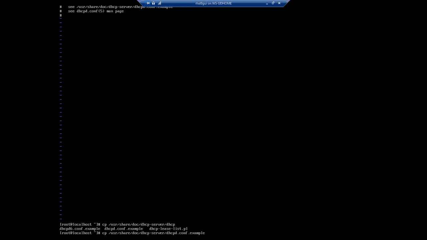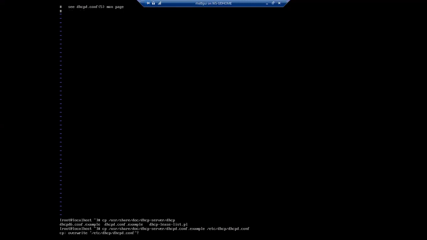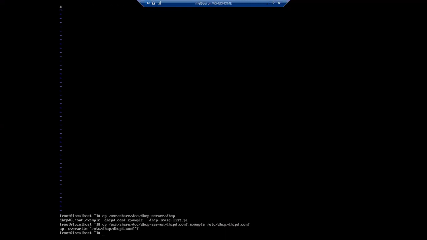Then I should copy it to the original path, that is /etc/dhcp/dhcpd.conf. It asks, overwrite? Yes, overwrite, done.